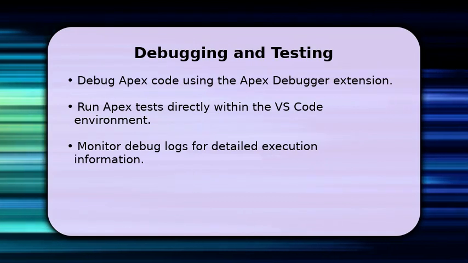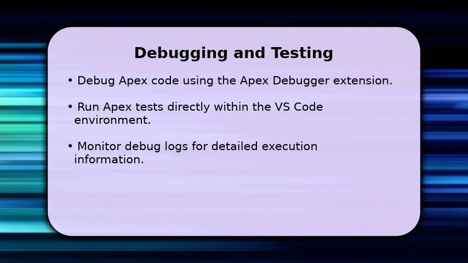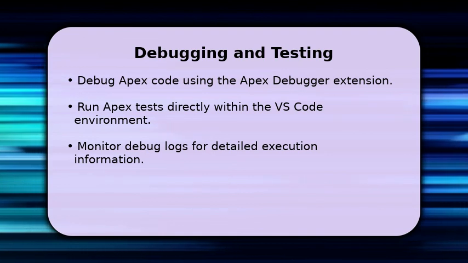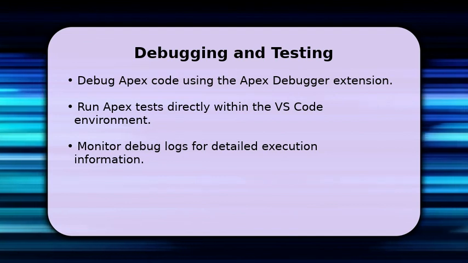VS Code integrates powerful tools like the Apex debugger, allowing you to step through your Apex code and inspect variables in real time. You can also run Apex tests directly from the editor, viewing results instantly. For deeper insights, monitor debug logs within VS Code, which provide comprehensive execution information, helping you quickly identify and resolve